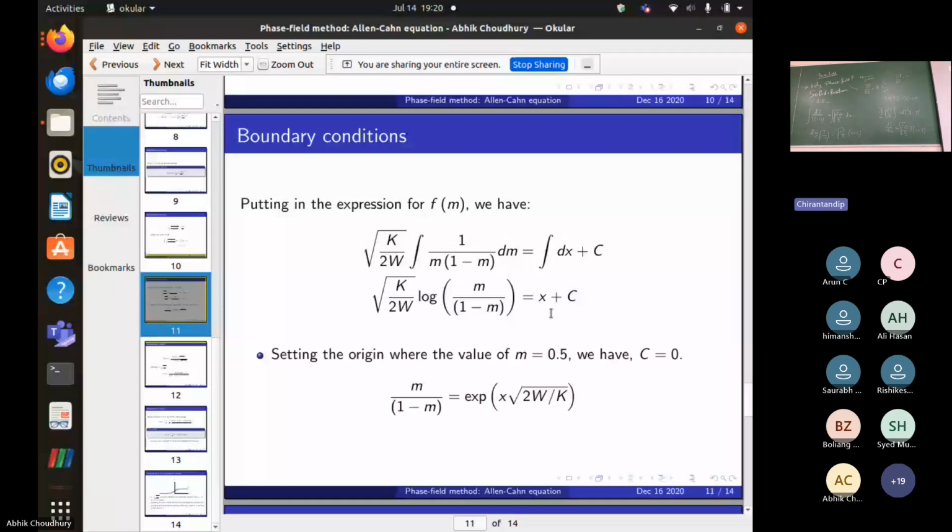One minus t has a negative. Check your balance again. Okay, so this is what you will get. But now I will do something